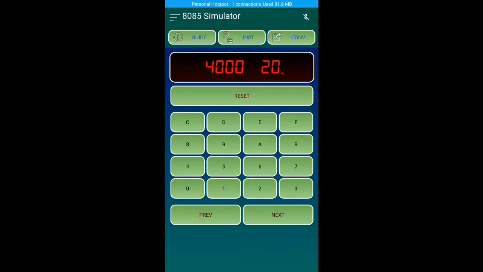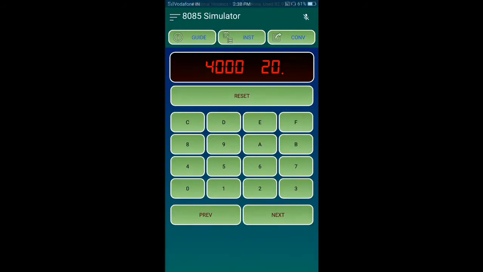Immediately there will be another value, another space opening. It may be any default value. So here you have to feed the opcode, that is machine level code, because this is an app. This is not actually a microprocessor. This is an app which is developed for executing the particular microprocessor. For this, you have to find out the proper opcode for any instruction.